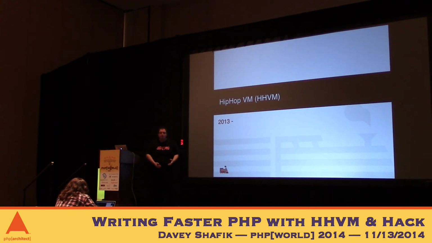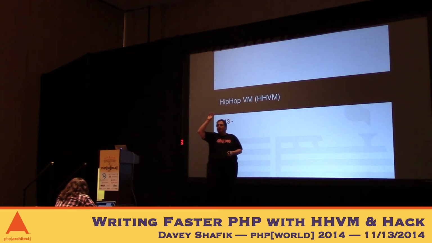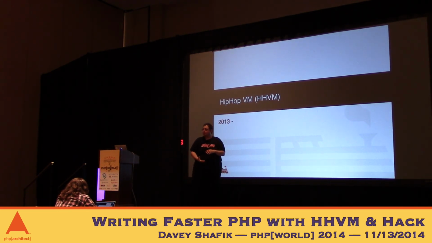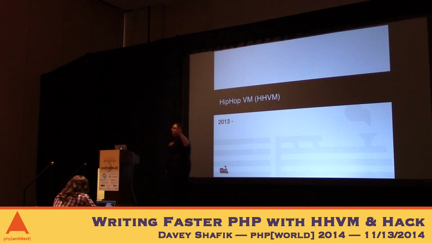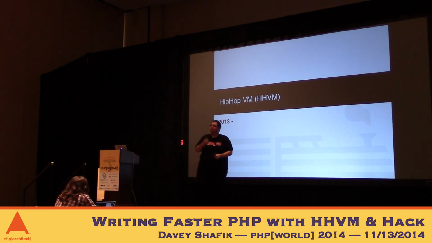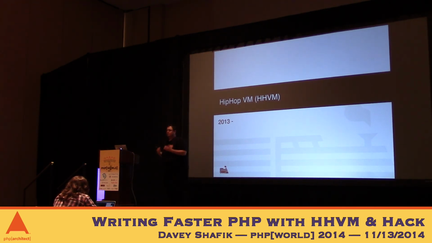It is an alternative runtime for PHP. So with the PHP stack, you have the compiler, which sends opcodes to the Zend VM, which runs the code that you've written. Facebook's HHVM slots in right there. It takes the same PHP code and runs it in real time instead of transpiling or transcoding it into something else. And it uses what's known as a JIT, which is a just-in-time compiler.